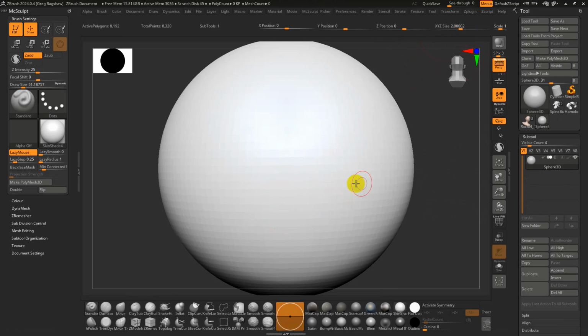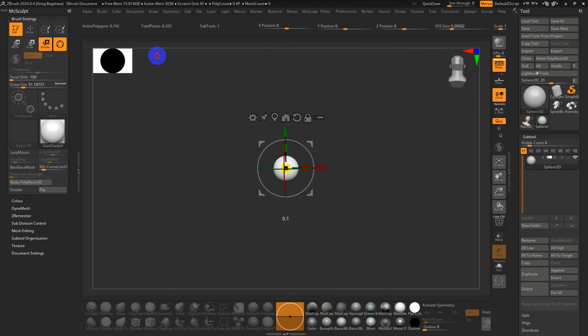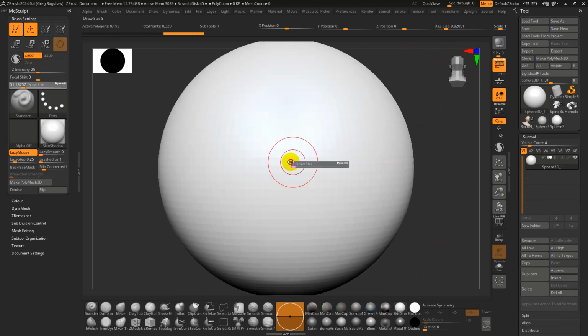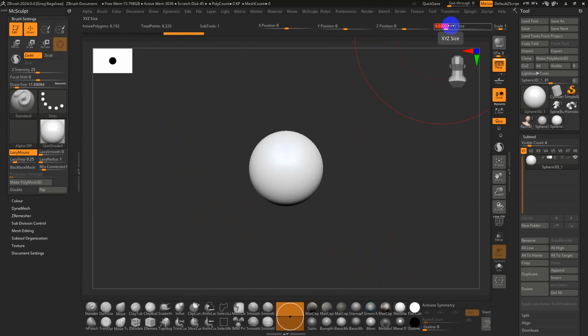So if you have something really, really tiny, for example, if I make this really, really small, oops, 0.02 centimeters, so super tiny. My brush size, you see that's a brush size of 1. I can't make it smaller, and if I just try to slide it up, it's going to quickly get quite large. So you often want to make sure your scale in ZBrush